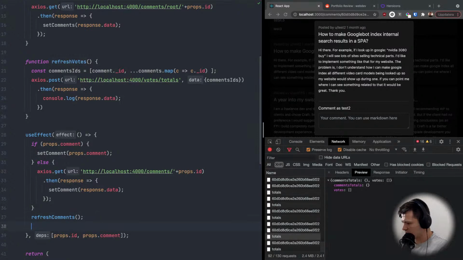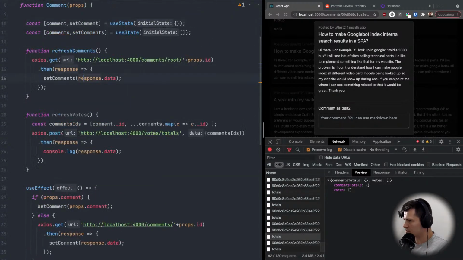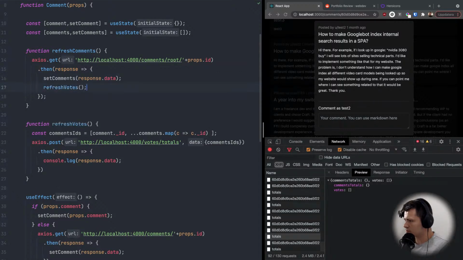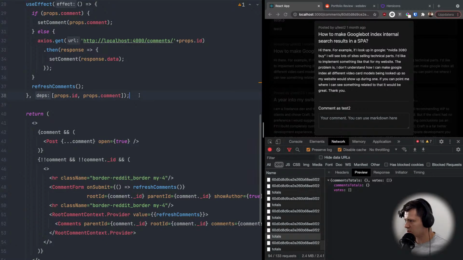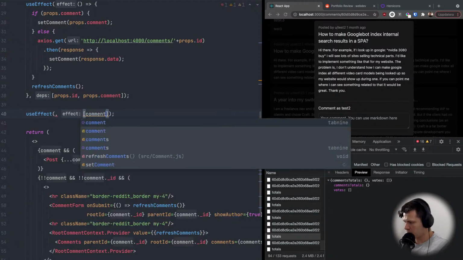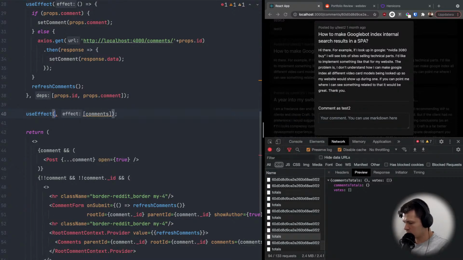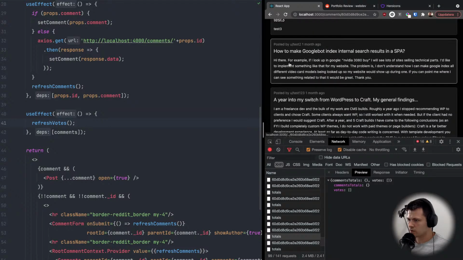Let's put refresh votes inside the refresh comments. Let's refresh votes when comments change. So useEffect. If comments change, then we want to do refresh votes. So now